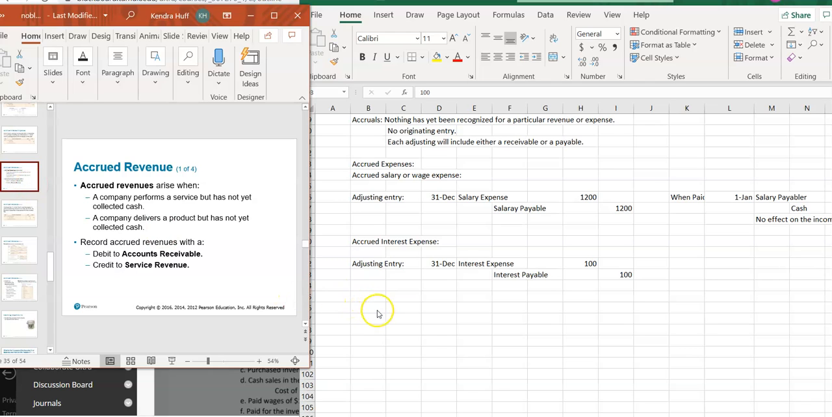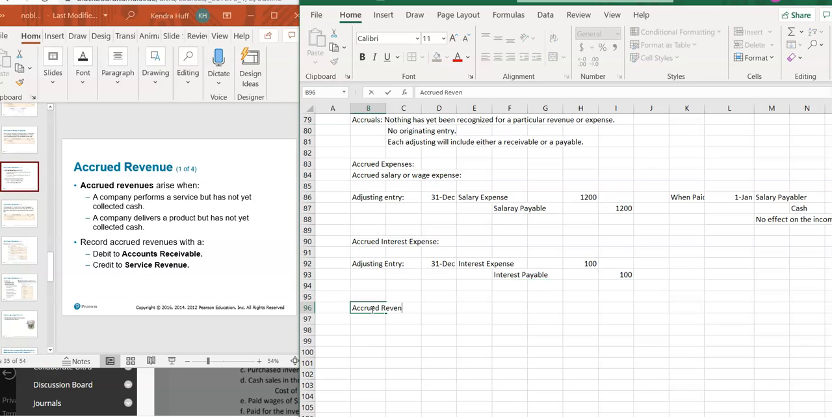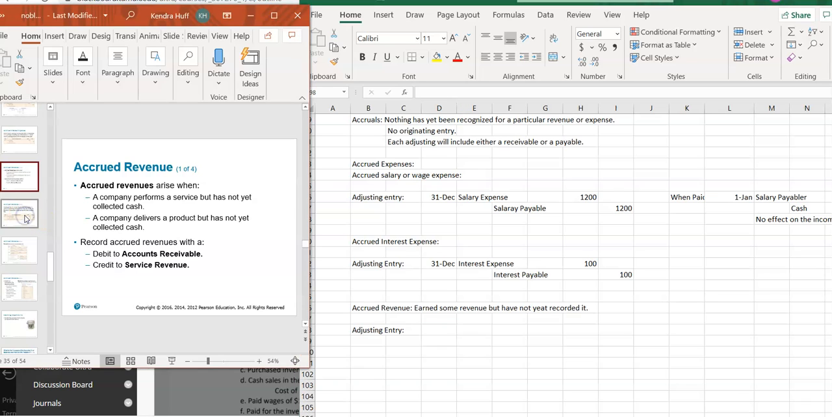All right, accrued revenue is where I have earned some revenue, but I haven't recorded it yet. So I've earned some revenue, but have not yet recorded it. So my adjusting entry for that. All right, here's what's always going to be: accounts receivable and service revenue. So in this case,